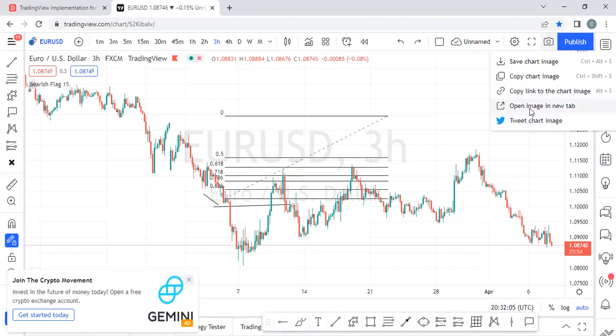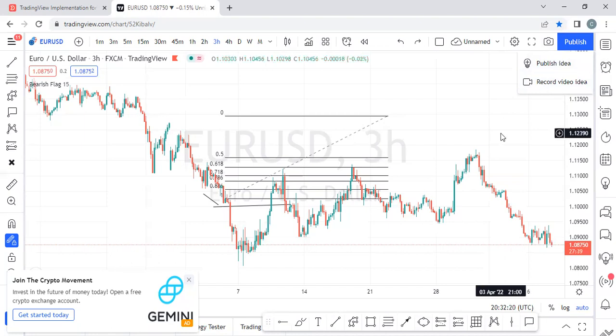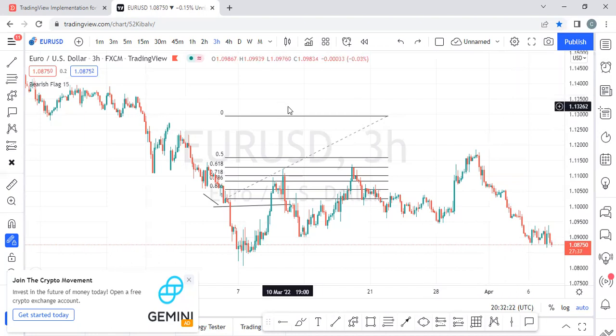You can open it in a new tab, right? If I'm analyzing, if I want to copy my analysis, I want to have a copy of it. I can save the image or I can copy the link, whatever I want. So publish, you can publish the idea on the platform. I think I've explained everything there. You can feel free. Now the next thing is